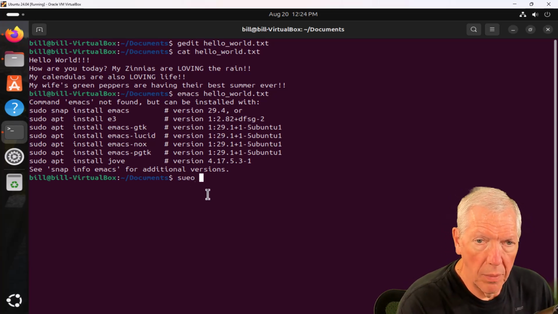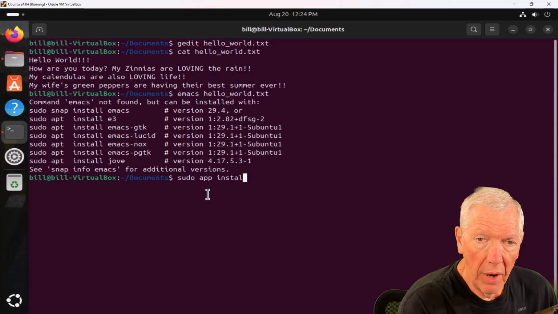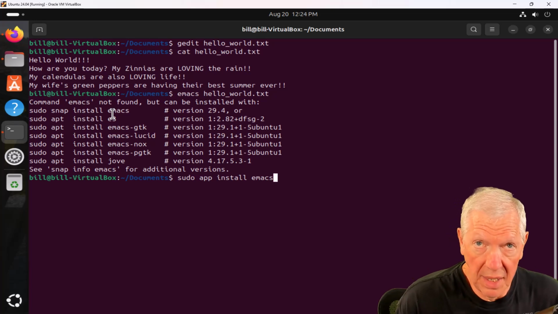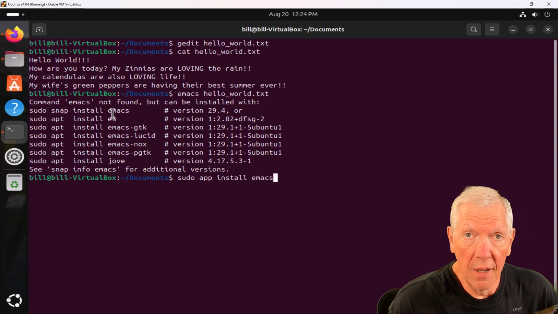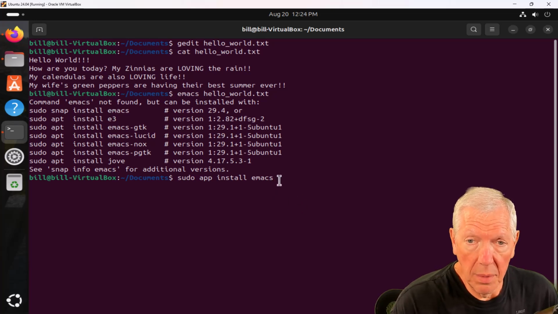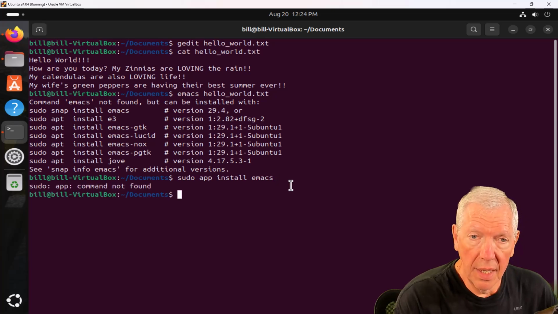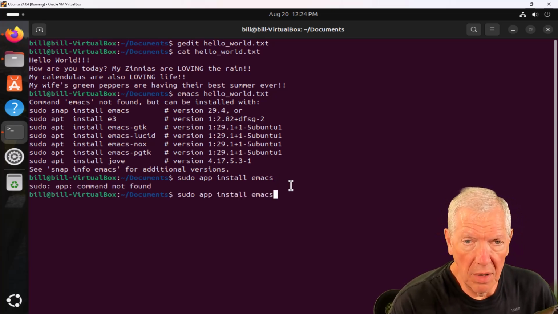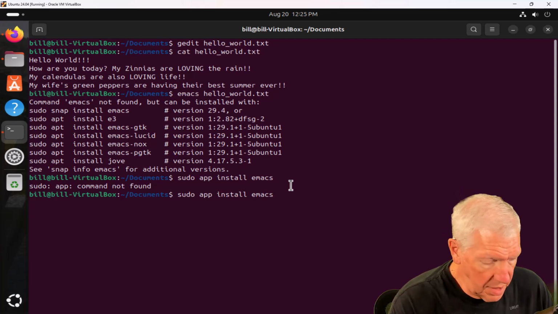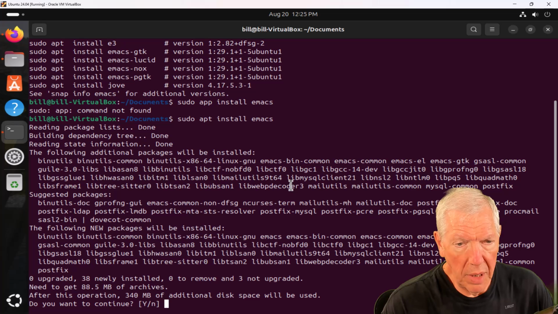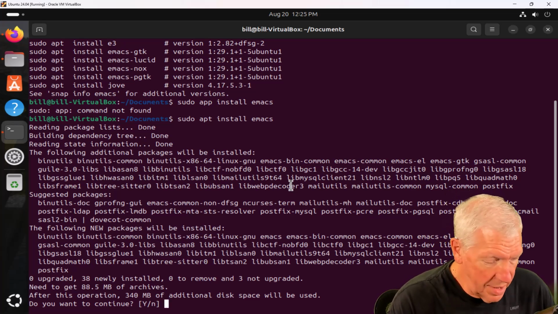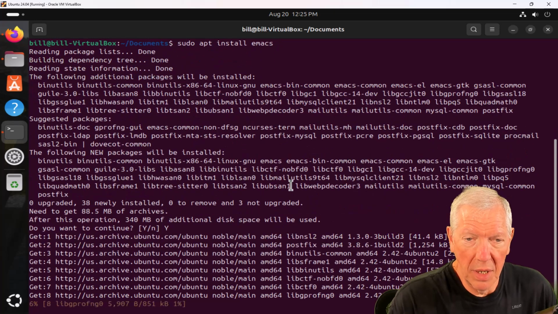So we say sudo, superuser do, apt install emacs. Now I love this because today's help in Ubuntu, by the way, this works in any Debian, so it's not just Ubuntu. It could be Kali, Mint, whatever. All the Debian distros work basically the same way. This will work just fine in the other distros. Hit enter, and it says command not found, and that's because I did apt rather than apt. Boom. There we go. And there I didn't put in a -y. It's prompting me to do that, and so I type that in.